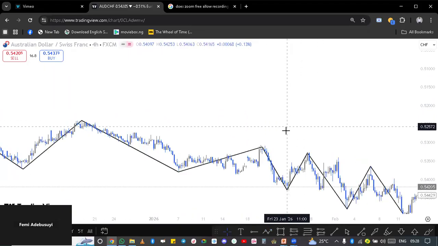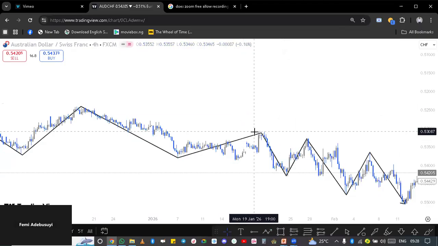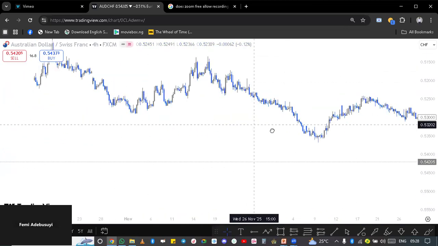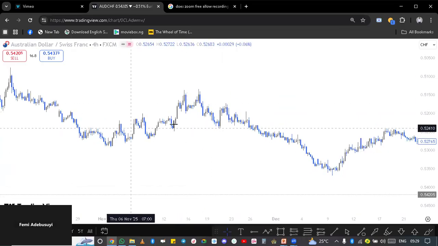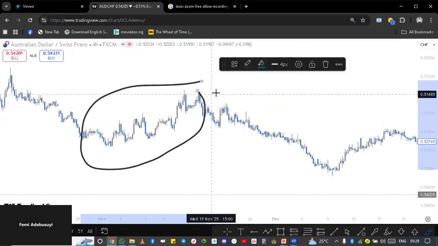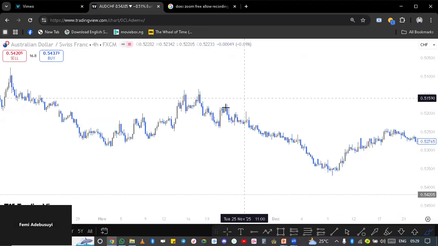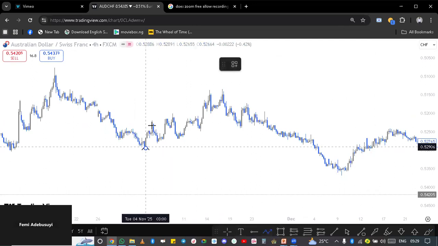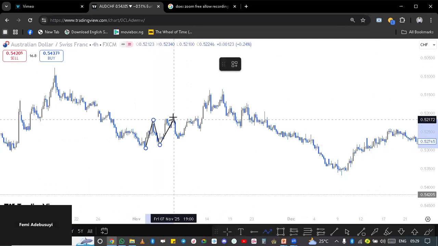Now, having done this, I like to say this. It is important that we are able to identify when there is a change in trend. So I'm going to use this point as an example. Now, you would agree with me that all through this place here, it looked like we did an uptrend somewhere around this space. So if you look at it keenly here, you agree with me that we had something like this here, this here, this,